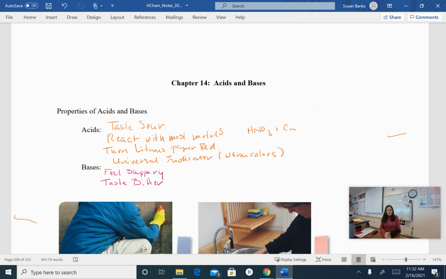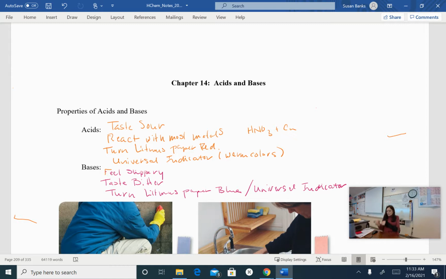So think about if you've ever had straight cocoa, like chocolate cocoa powder, not sweetened, not anything. If you've had straight cocoa powder, that stuff's really bitter. It's pretty basic. Okay, and bases turn litmus paper blue. Okay, if we use universal indicator,